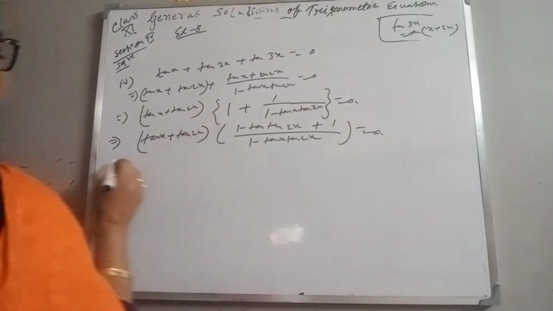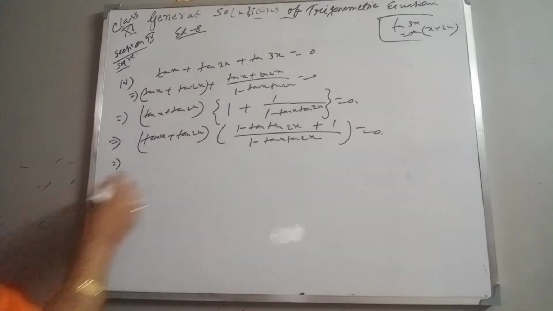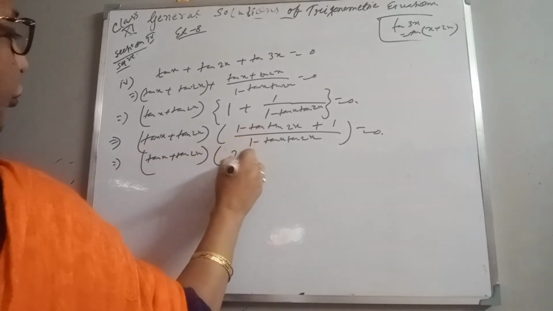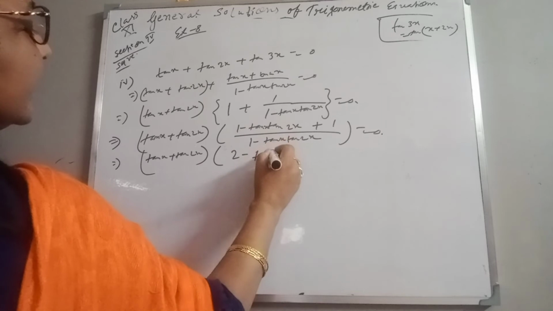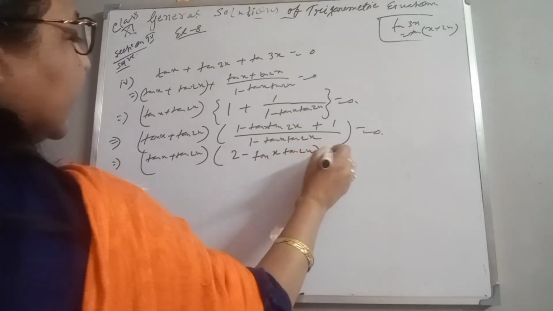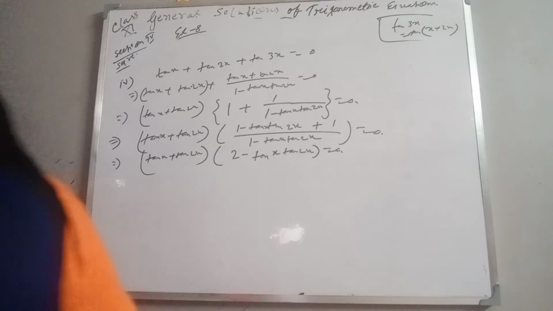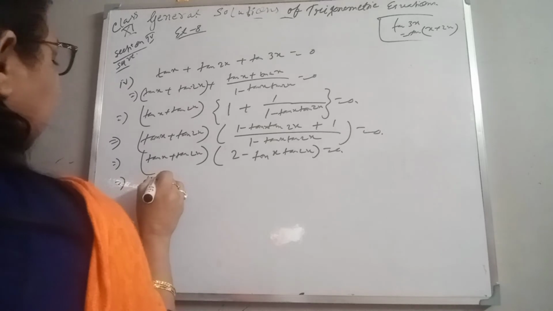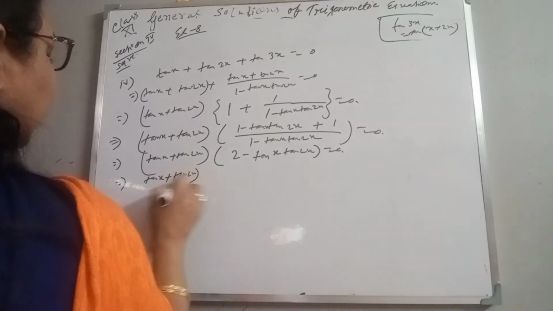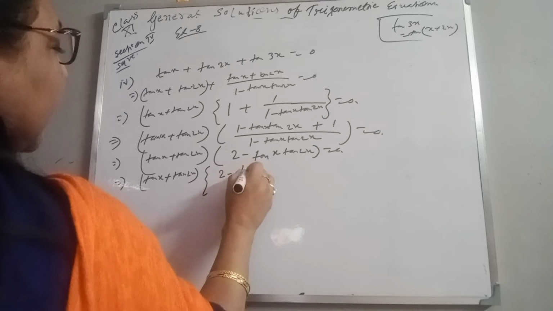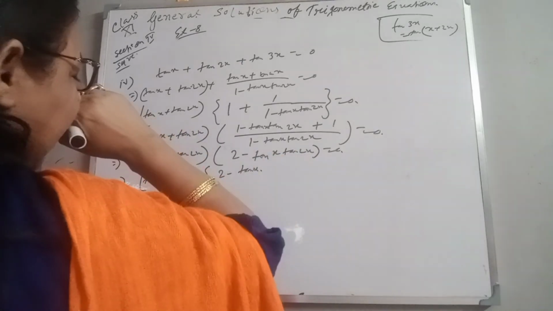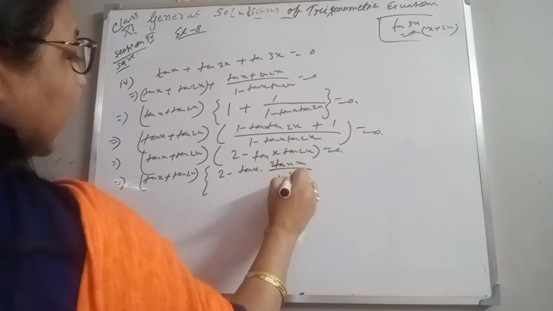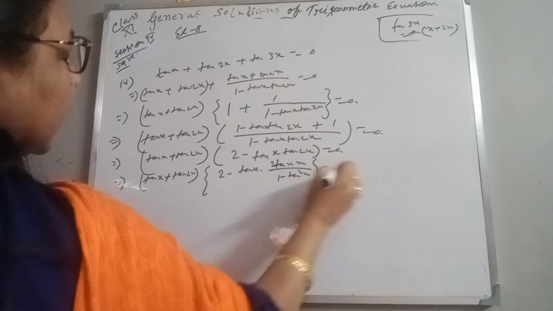1 plus 1, that gives us 2. And we can write tan x plus tan 2x into 2 minus tan x tan 2x is equal to 0. Denominator part, it will multiply by 0, so it will get it as 0. Okay, now this is again tan x plus tan 2x, keep it like this, and here 2 minus tan x, and instead of tan 2x we can write tan x plus tan x, that means 2 tan x by 1 minus tan square x. This much we can write.